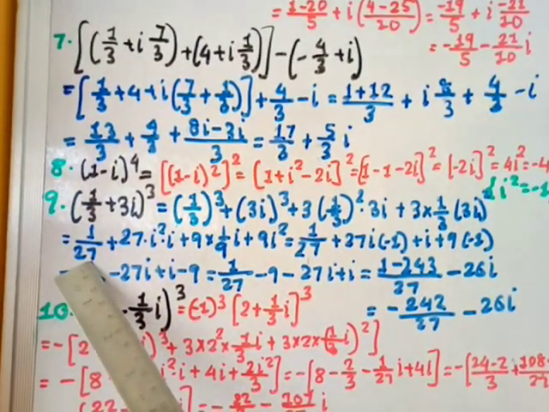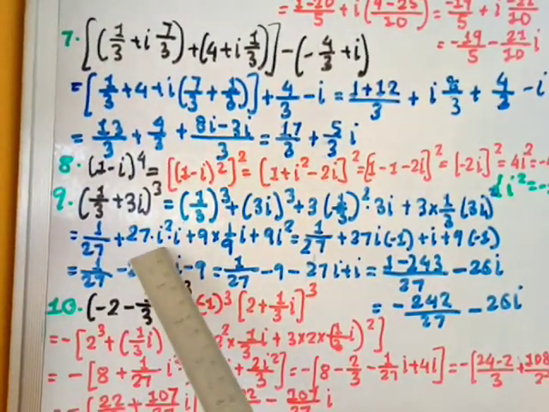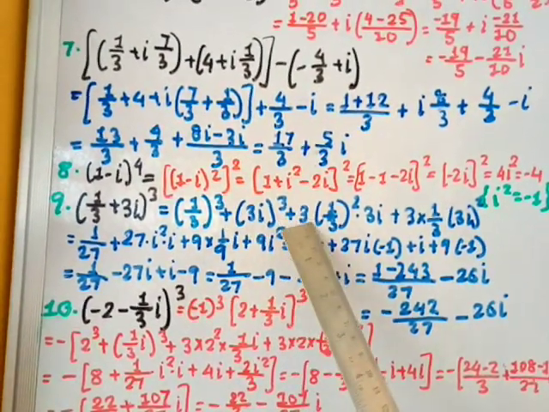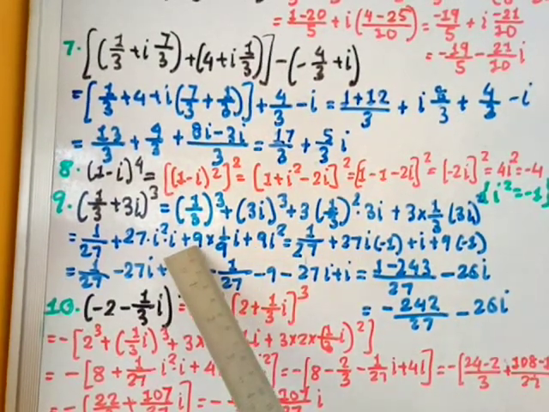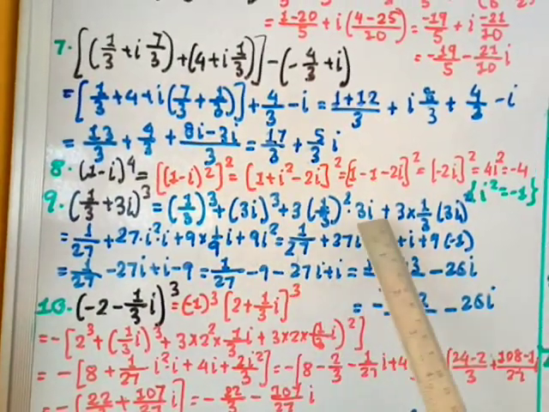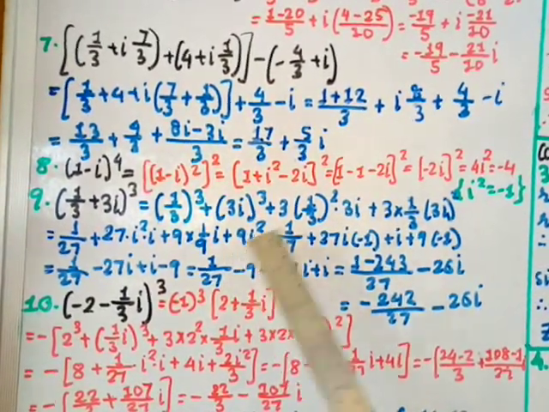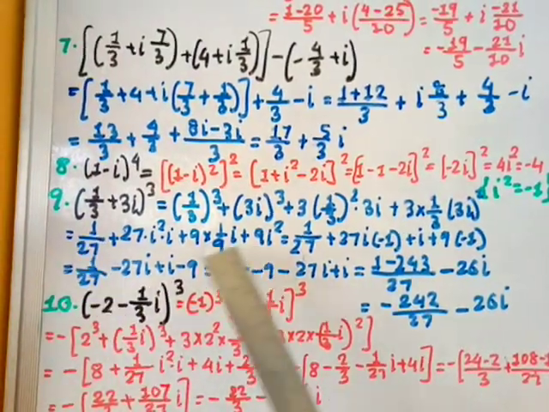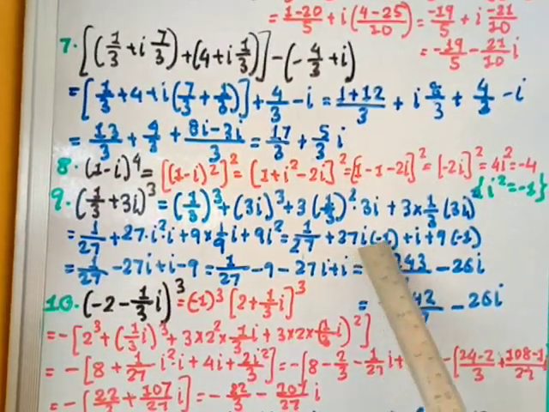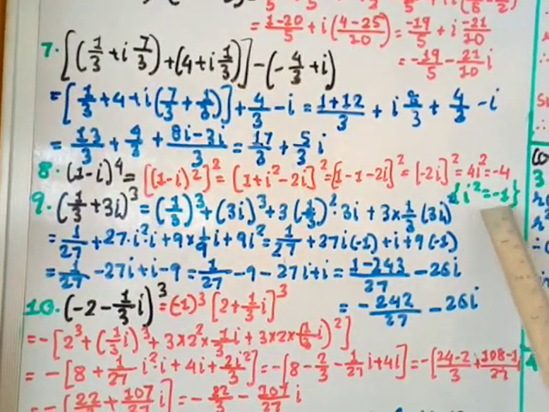So here you get 1 by 27, plus (3i) cube, that is 27 i square into i. Okay, i cube I am writing as i square i, because i square value I will put as minus 1. Okay, plus 3, these 3 and these 3 I am multiplying as 9, this I am writing here, and (1 by 3) whole square is 1 by 9, and then this 3 into 3 I am cutting. Okay, so you get here 3 square which is 9 and i square. Equal to 1 by 27 as it is, plus 27i and i square put the value as minus 1. Okay, plus 9 cut, so here remains plus i, plus 9 as it is, and i square put the value as minus 1.